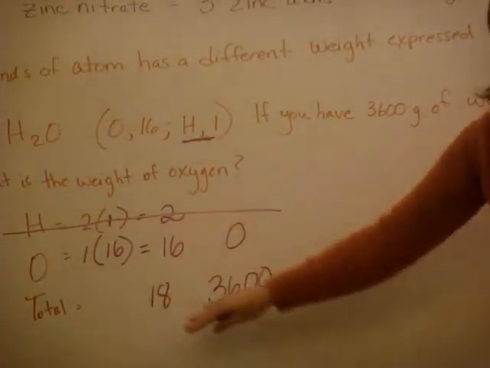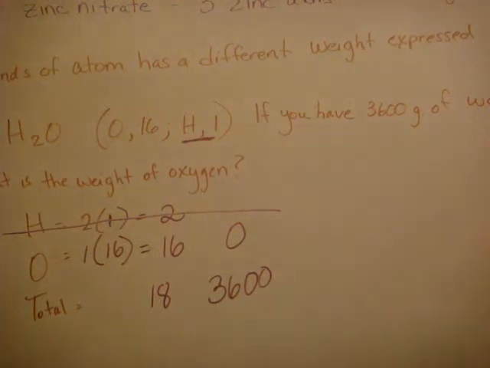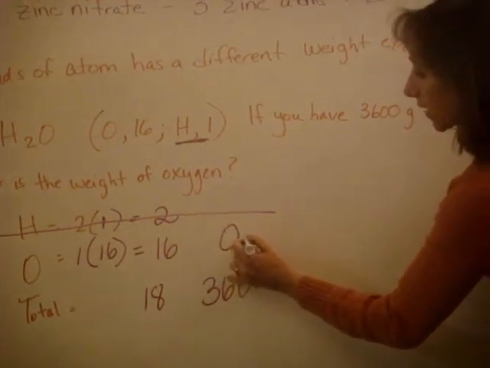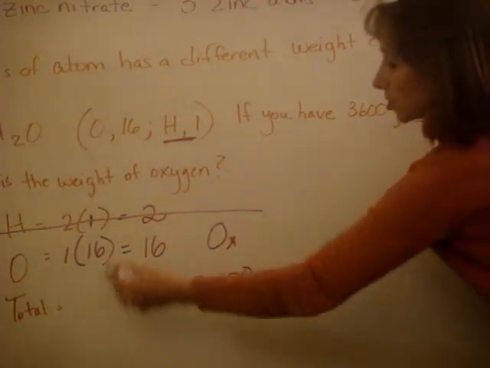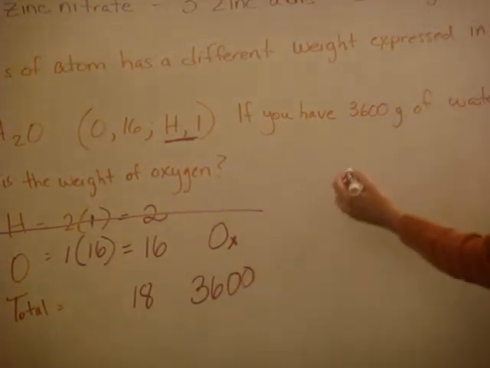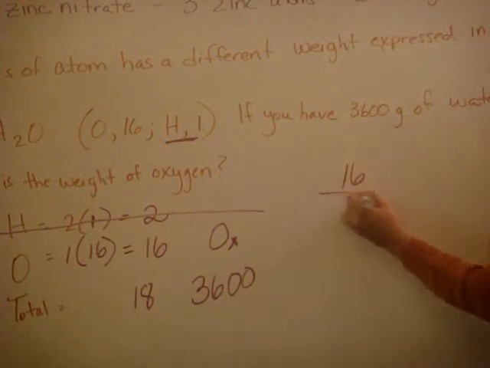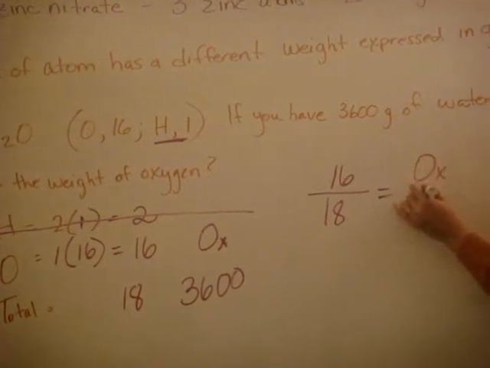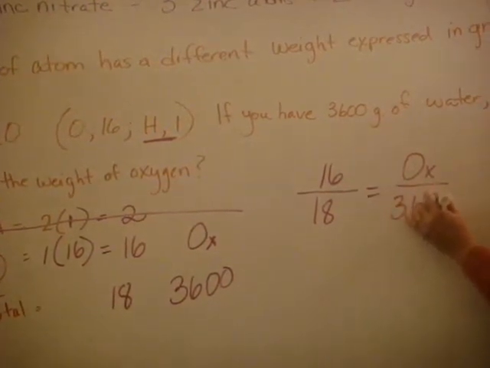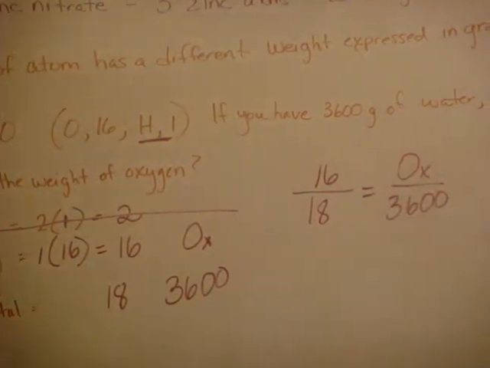Now, if you notice, what we made is a proportion like what we've done many times before. I'm just going to call this OX, so it doesn't look like a 0. So we can set up a ratio with these numbers once you fill in your chart. It's 16 over 18 equals our oxygen over 3,600. And then we would just cross multiply,